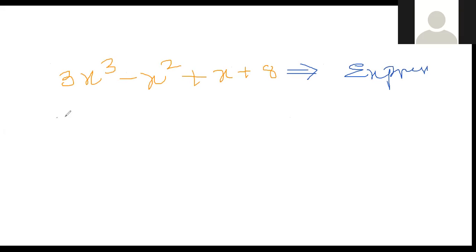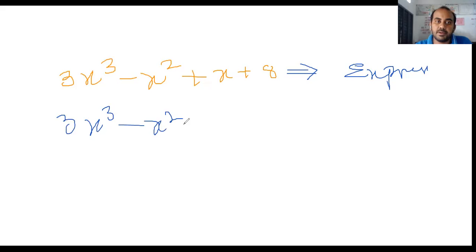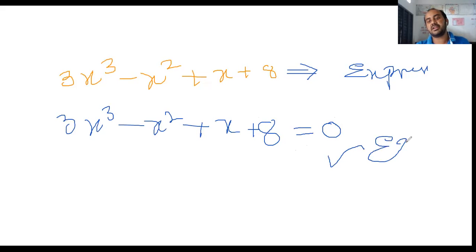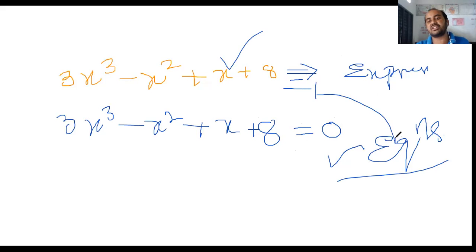For example, the same terms, plus x minus 8, if equal to 0 is there, then it is called an equation. It is called what? Equation. And without it, it is called expression. Equal to something is there. For example, not only 0, you can write equal to 1 also, that is called an equation only. If there is no equal sign, then you have to consider that an expression.